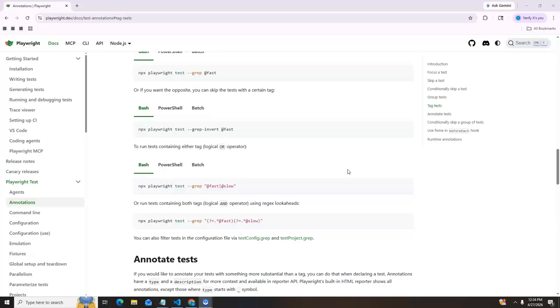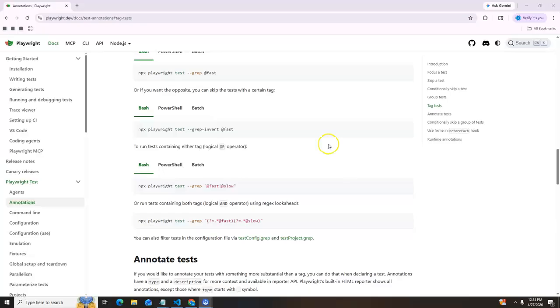So instead of running all the tests, we can run only the specific one. I'll show you how to add tags in Playwright, and how to run tests by tag, in this series. So let's